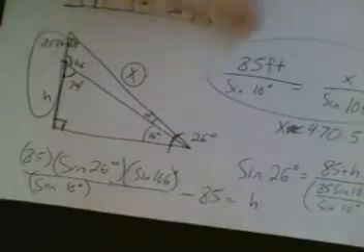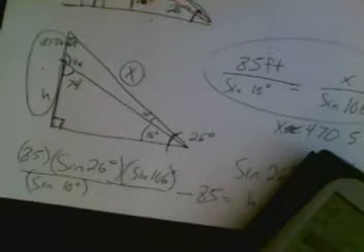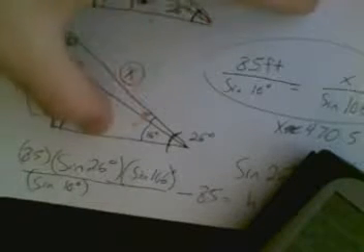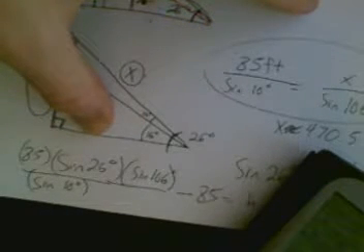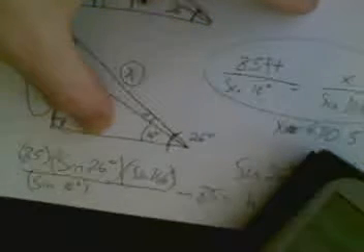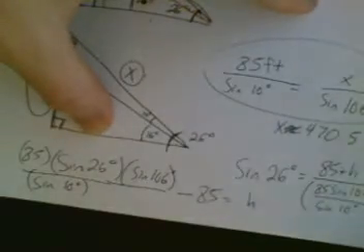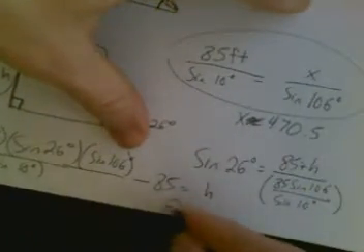Okay, I'm going to go ahead and type that into my calculator very carefully. I'm going to use the previous thing that I already had right there. I'm going to multiply that thing by the sine of 26 degrees. Let me check to make sure it's doing it right. Yep. And I'm going to subtract 85 from it. And it looks like it's going to give me something approximately close to